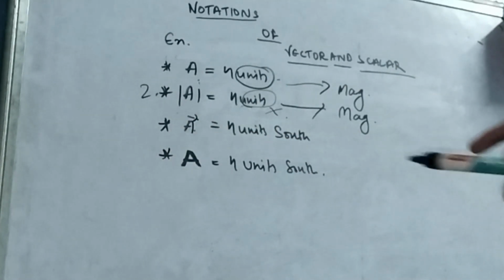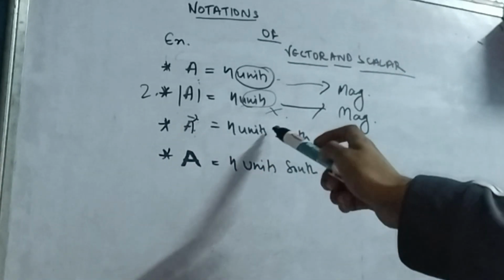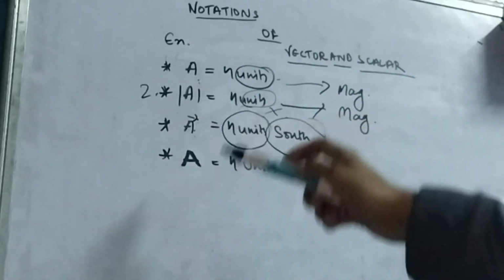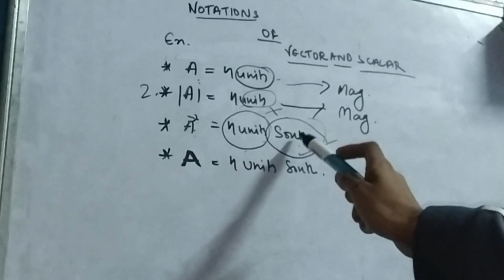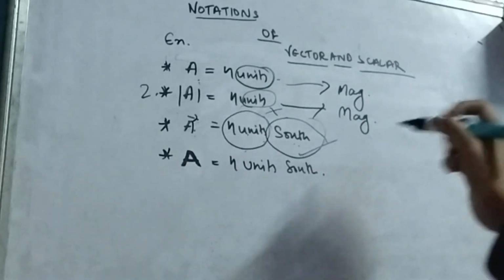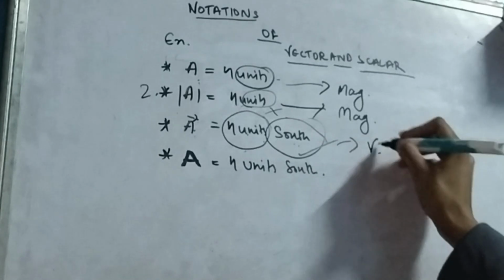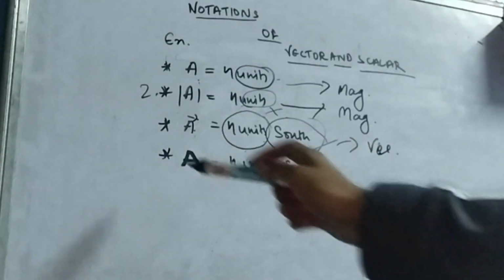So this is called a vector, there is magnitude and there is direction also. 4 units south, there is direction and there is magnitude, so this is a vector. And example number 4,